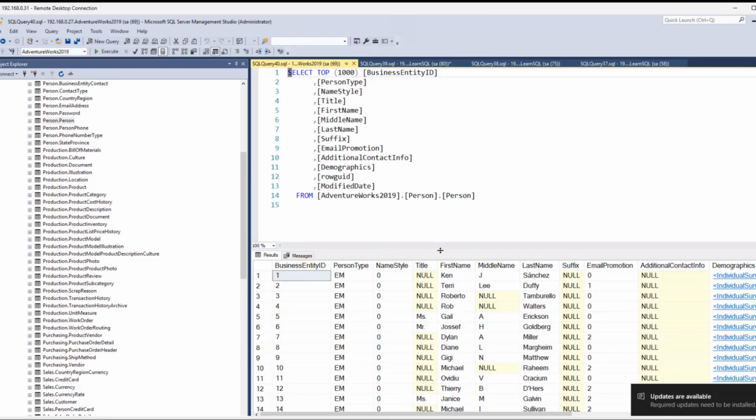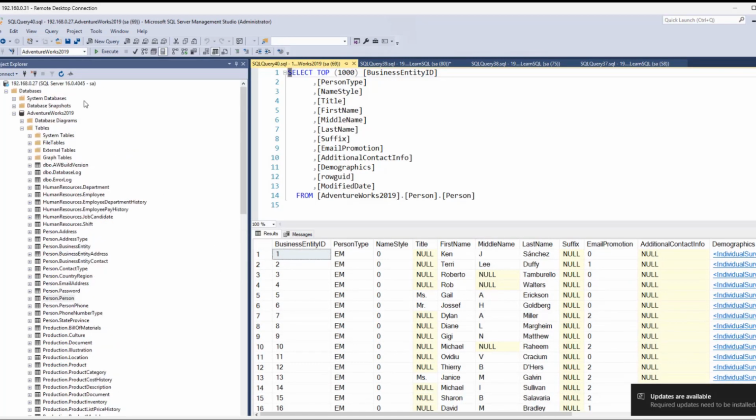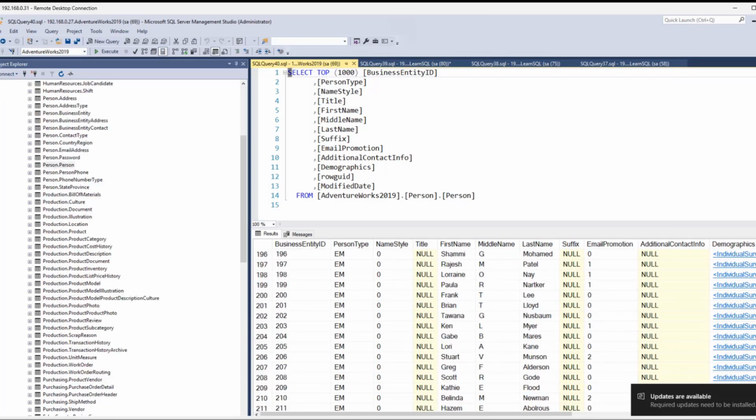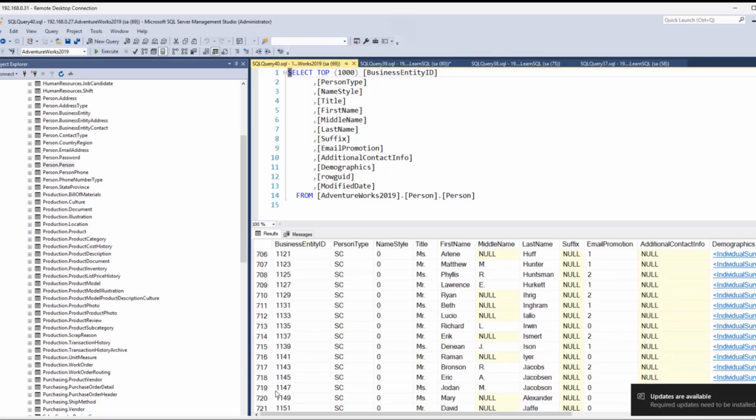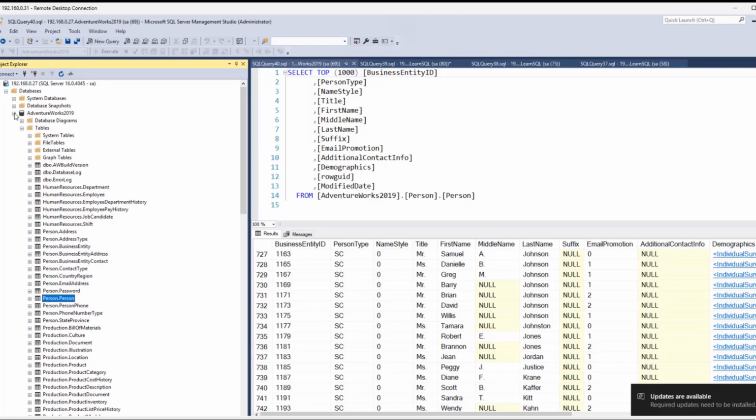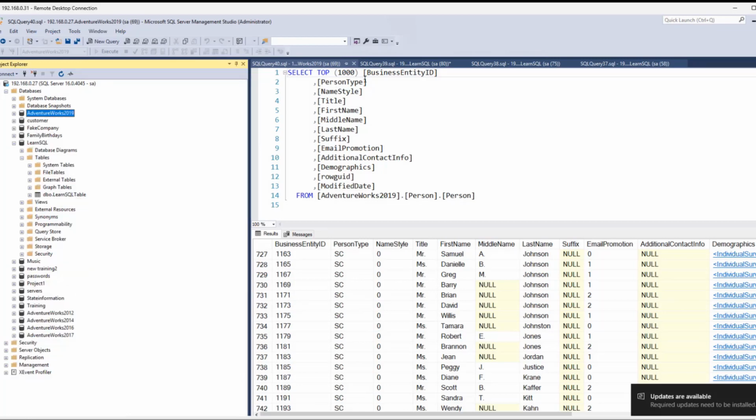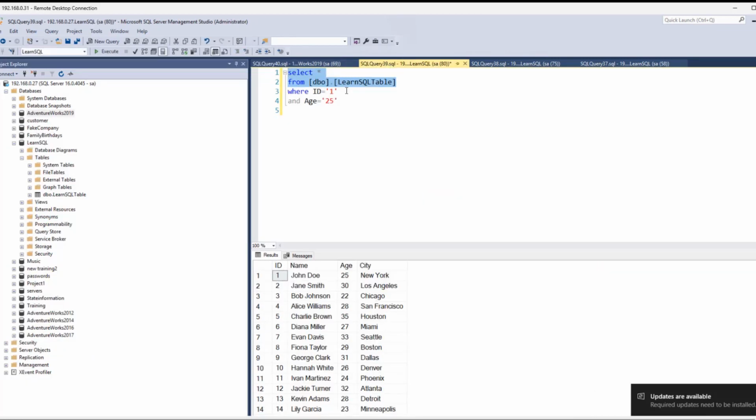So this, for example, is a free training database called AdventureWorks 2019. I'll go ahead and put the link for that below as well. But if you notice, look how many records there are. There's a couple of hundred. So especially on a larger database like this one, it would really be handy if you wanted a specific one. If you really wanted to drill down into a specific record, then that's where the where clause would come in